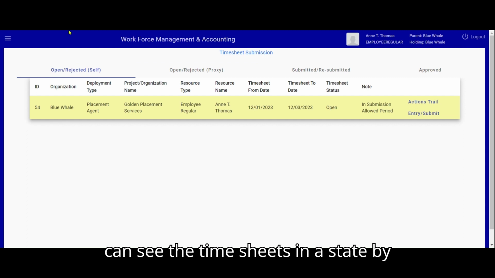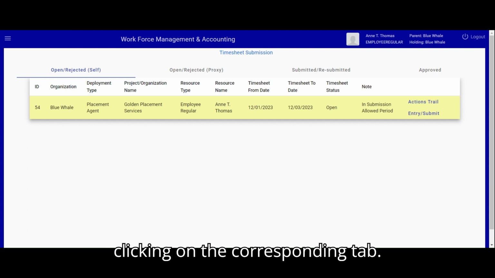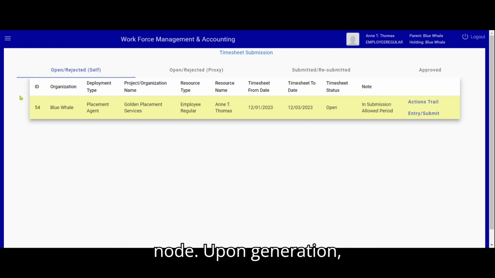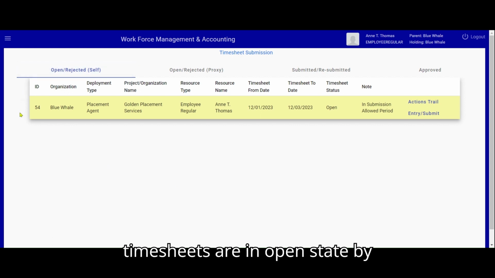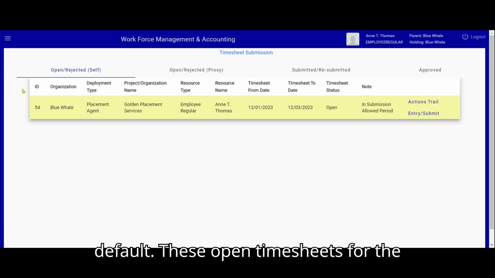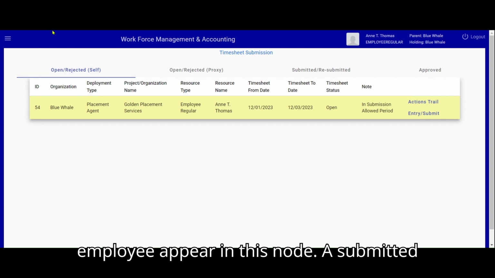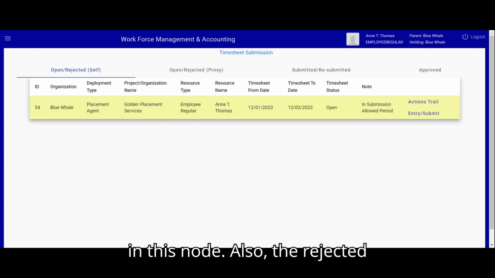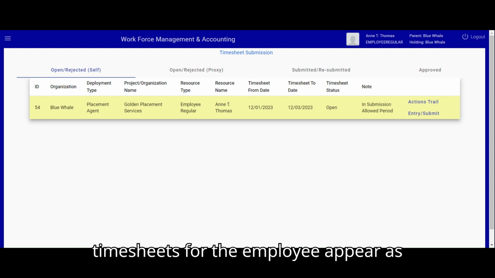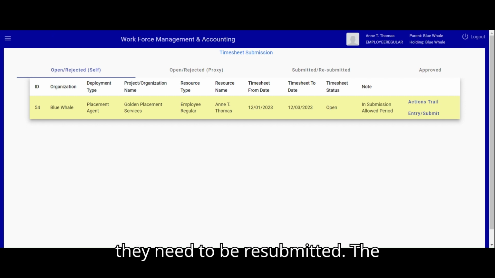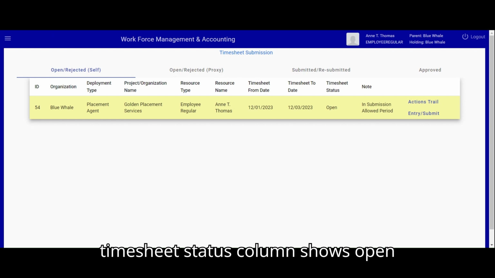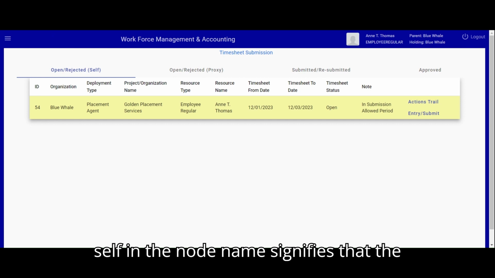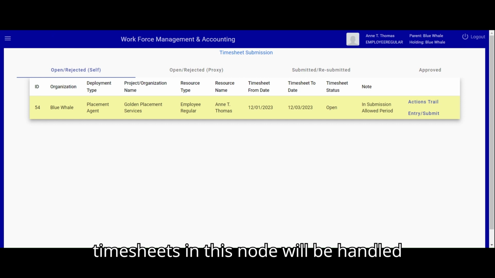Regular employees can see the timesheets in a state by clicking on the corresponding tab. Let's look into the Open Rejected Self node. Upon generation, timesheets are in open state by default. These open timesheets for the employee appear in this node. A submitted timesheet may be rejected by an approver. In this node, also the rejected timesheets for the employee appear as they need to be resubmitted. The timesheet status column shows open or rejected accordingly. The word self in the node name signifies that the timesheets in this node will be handled by the employees